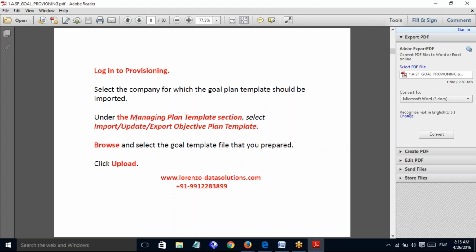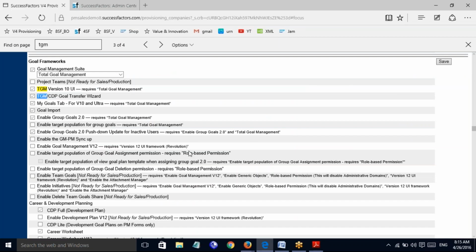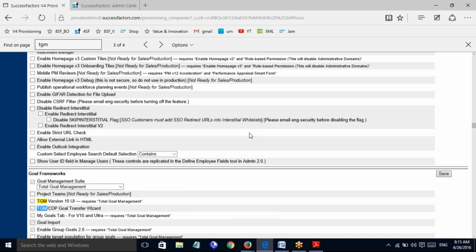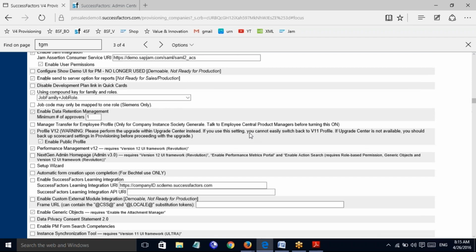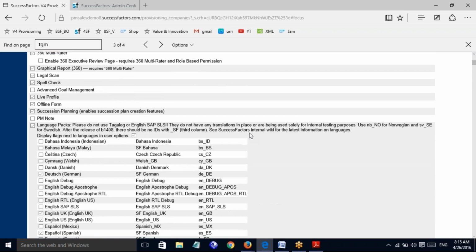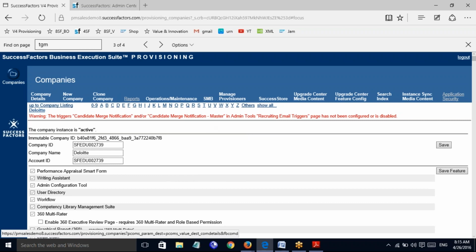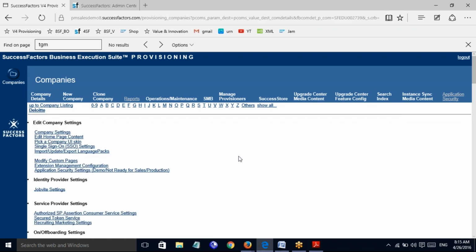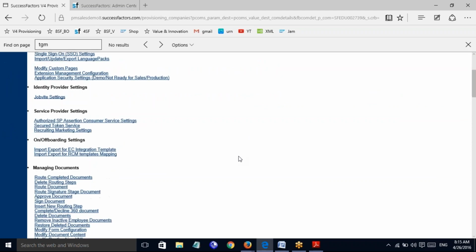Right. So under the managing plan templates section, select import, update, and export object to plan template. Okay. Let us go here to the managing template section. Click on your company listing. Now you just see here somewhere.